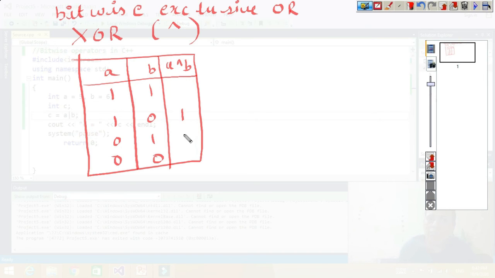When both conditions are the same, either 0 or 1, it gives you 0. It also performs bit by bit.